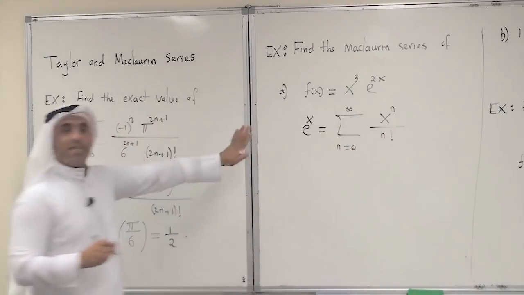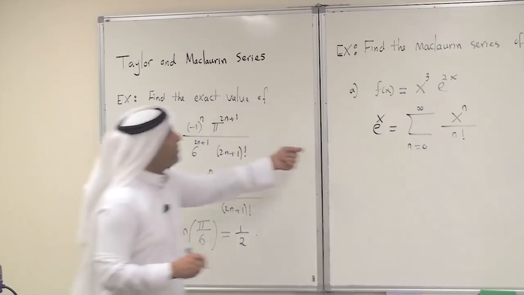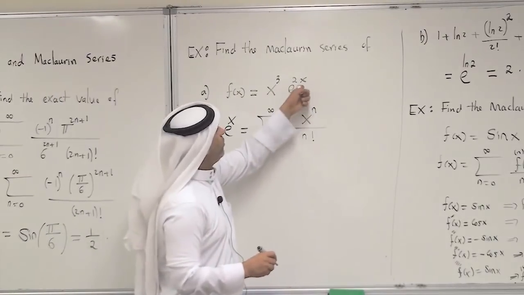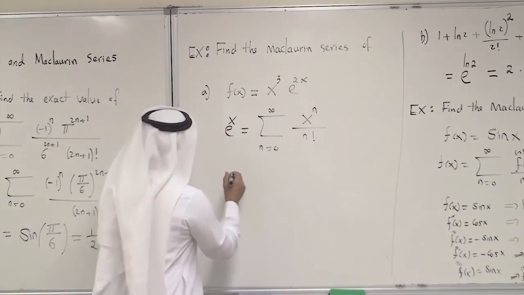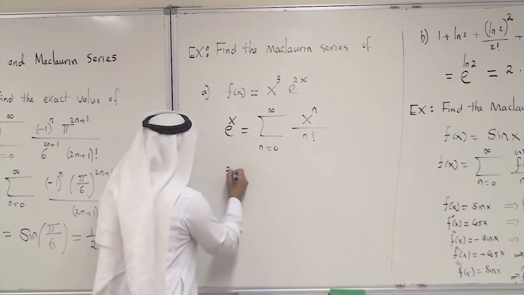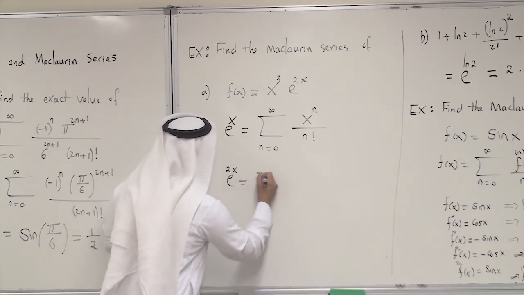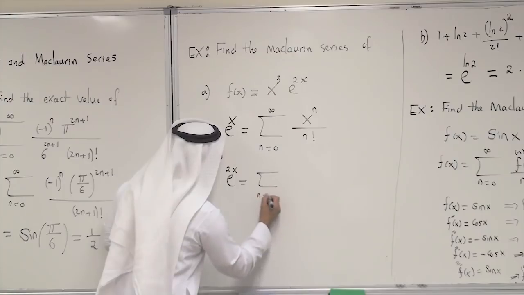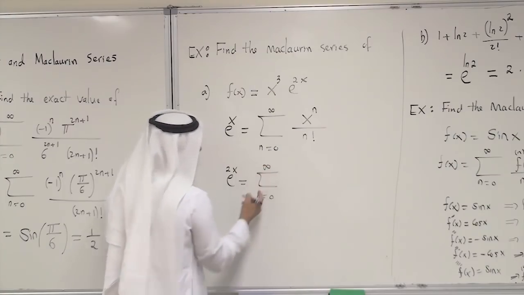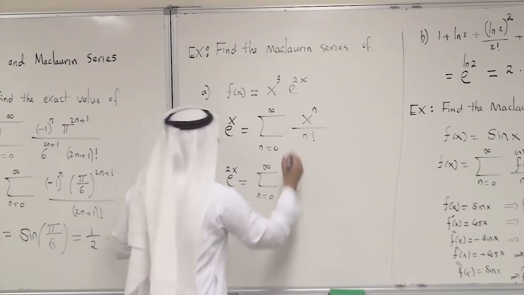That's what we have for e to the x. So what do we need to do? We need to move now to e to the power 2x. So what we are doing here, we are just replacing x by 2x. Replacing x by 2x, what do we have here is just